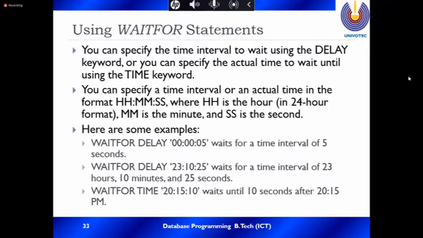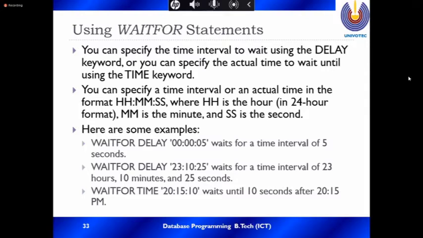With WAITFOR TIME, every night you want to do something at 8:15. For example, some video programs you want to record, and the program starts at 8:20 or 8:30 at night. Then you can put a start for recording that particular program. After recording, you want to stop, so you put a stop, and wait for 30 minutes, since that program is 30 minutes.